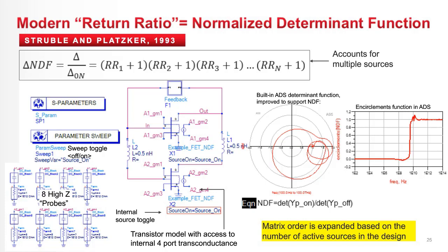Now, in the working example, I only had one active element, so in that case, the NDF just equals return ratio. But in this case, I'm showing here, I've got an expanded example where I added another transistor in parallel with the amplifier and feedback. So now I have 2 active elements. In this case, I'd need to access the intrinsic transconductive sources for both, which effectively doubles the number of terminations. And then I would look at the normalized determinant function and again count the encirclements, just like I did for return